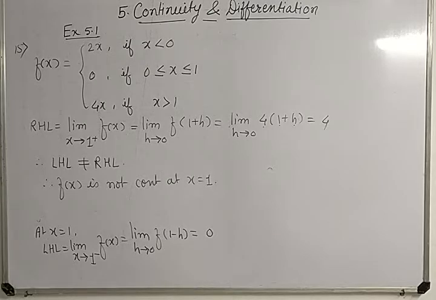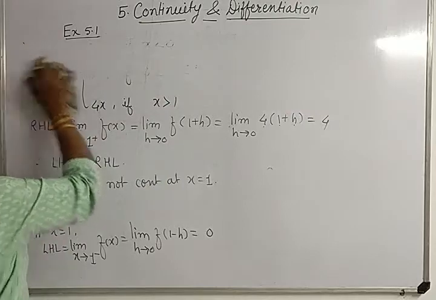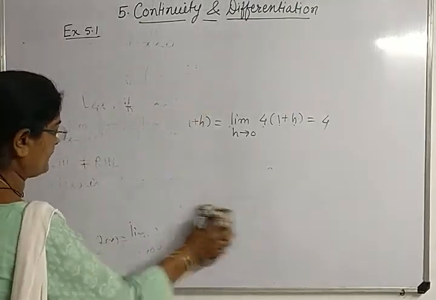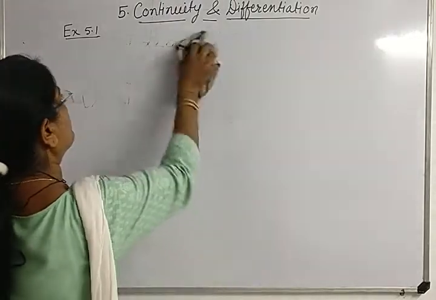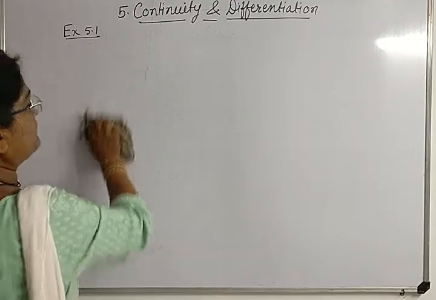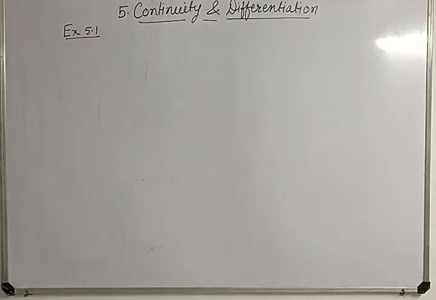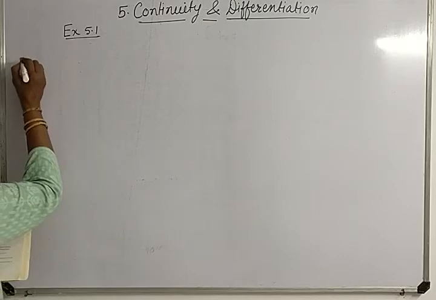So here question number 14 and 15 I have explained. Like this question number 16 is there, so do it by yourself because the question is same. Now question number 17, find the relationship between a and b so that the function f is defined by. We have to find out the relationship between a and b in question number 17. That question we are solving.